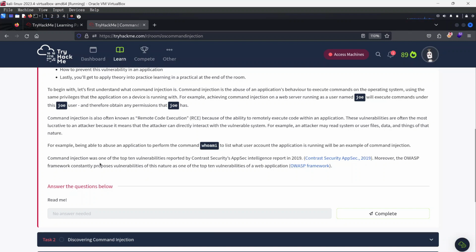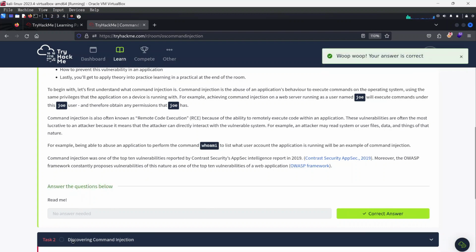Now, command injection was one of the top 10 vulnerabilities reported by the Contrast Security AppSec Intelligence Report in 2019. And moreover, the OWASP framework constantly proposes vulnerabilities of this nature as one of the top 10 vulnerabilities of web applications. Okay, without further ado, let's complete this task. Readme done, complete. Head on to task 2,